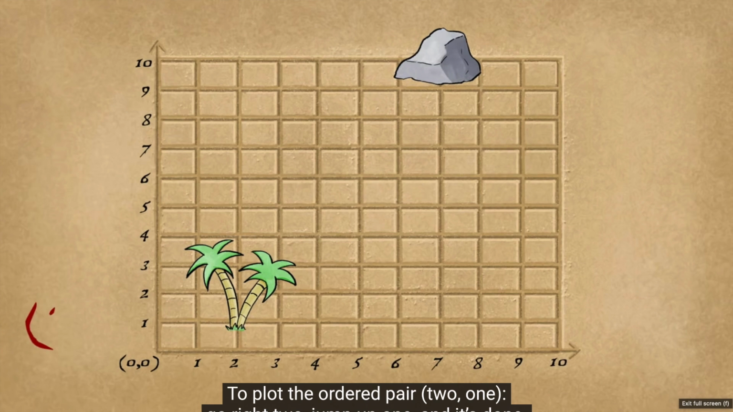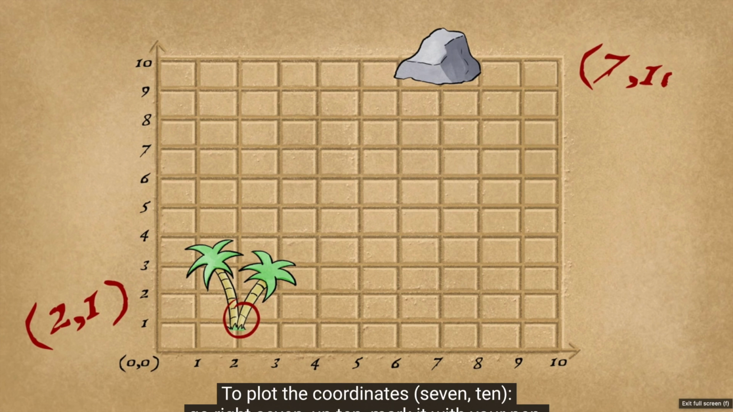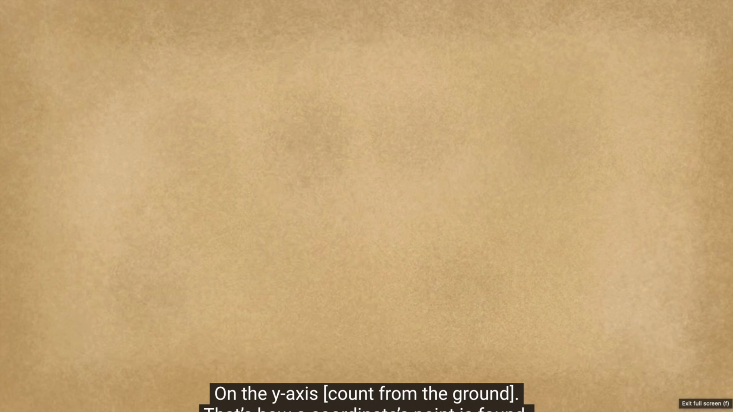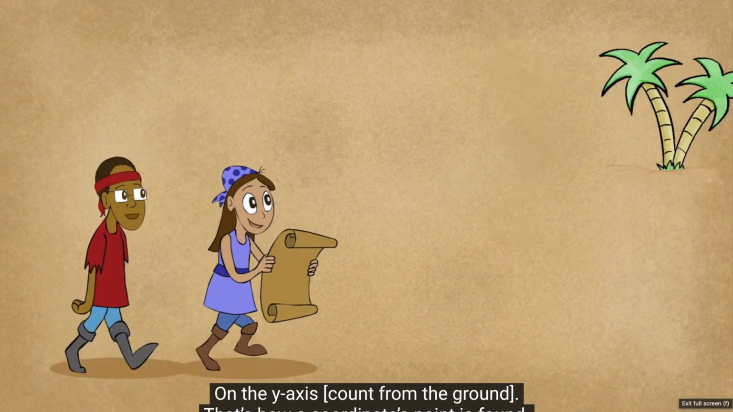To plot the ordered pair, 2, 1, go right 2, jump up 1, and it's done. To plot the coordinates, 7, 10, go right 7, up 10, mark it with your pen. On the x-axis, count to the right. on the y-axis, count from the ground. That's how our